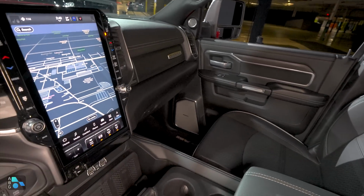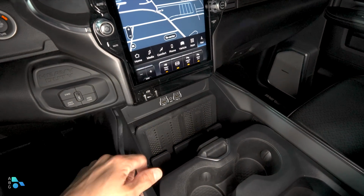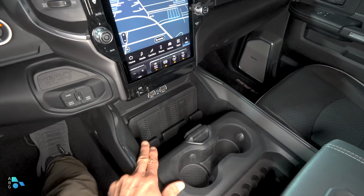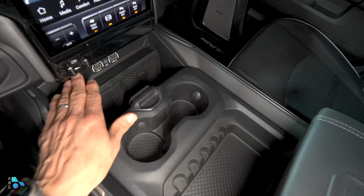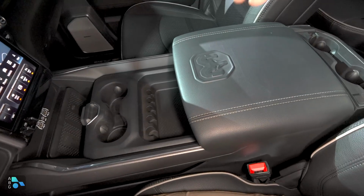Moving back over to the dashboard and going down the dash here, you'll notice we have the integrated trailer brake controller, gain buttons there, the controls for the four-wheel drive system over here, the engine start stop button, that's above that. We then have 2 wireless charge mats with that updated center console design there, big cup holders, lots of storage going on here in the middle. Again, 4 USB ports that interface with that system. The Ram logo here